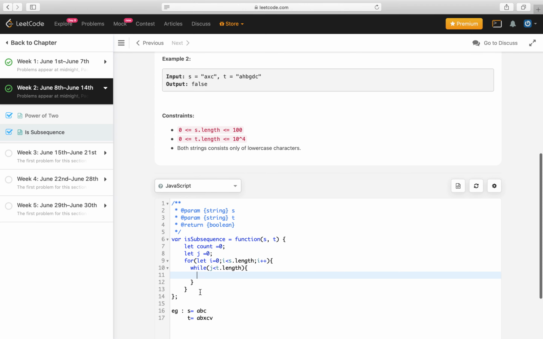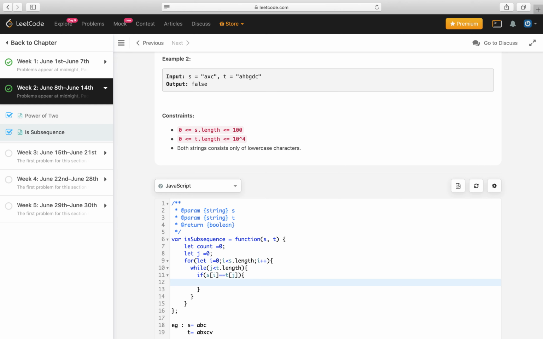Now we will compare the characters one by one. If s[i] is equal to t[j], then we will make the count plus plus, and we will also increase the variable j, and then we will break out of this loop.